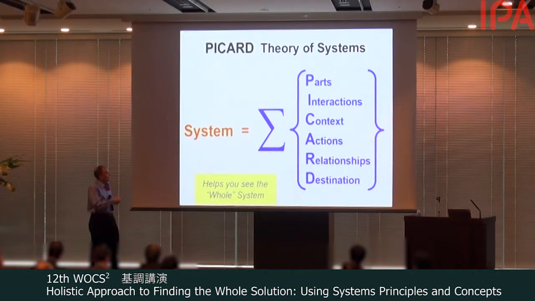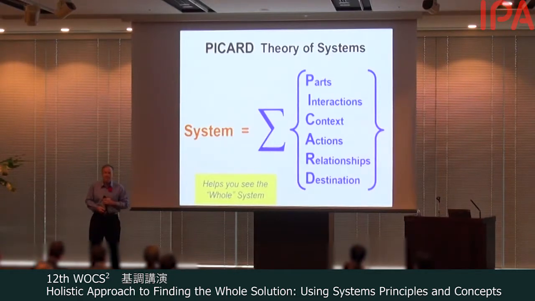So by looking at these parts, we have to look at what each part does, the action performed by the parts. And the action of the parts in the context gives you the interaction between each other and with the surroundings. A lot of behavior is a function of the relationships between those parts and between the system and external elements. And the last element is the destination. In other words, what is the desired outcome of this new system? So you need to know what the destination is when you start.